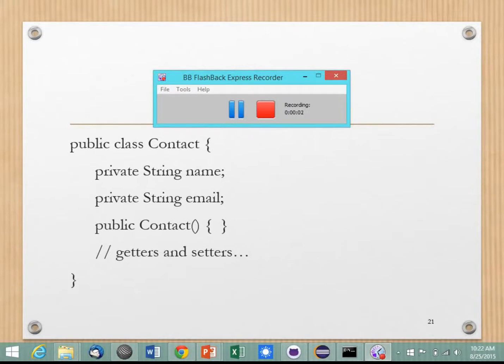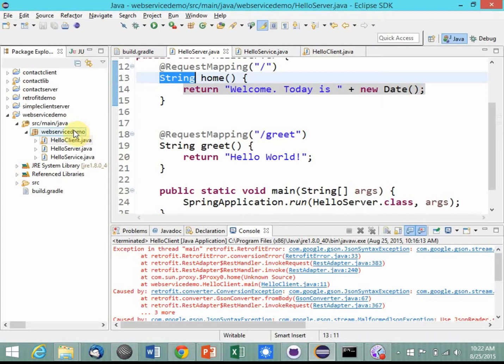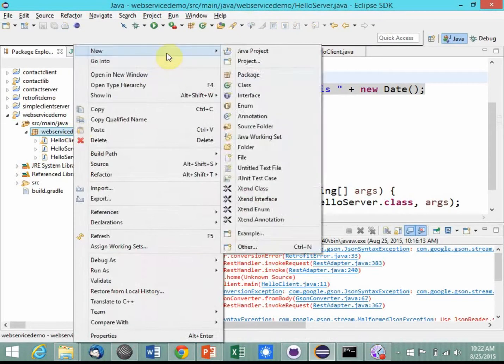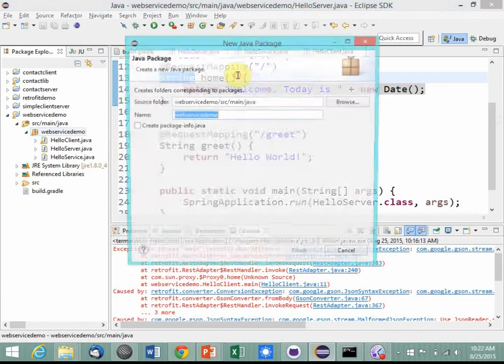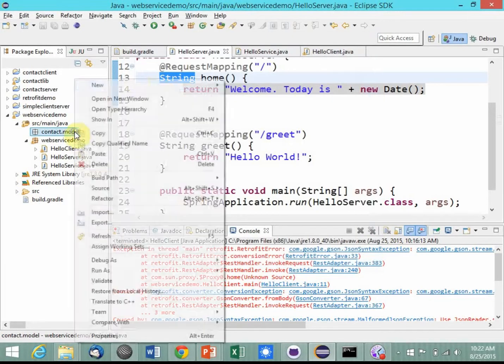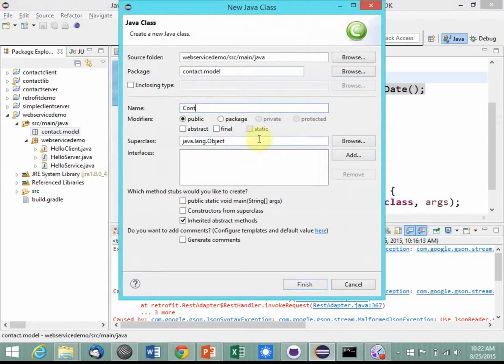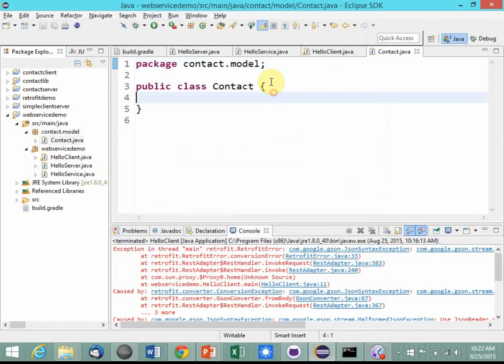We're now recording. We're going to create a contact manager, and I'm going to come in here and create a new class, and let's put this in a package. Let's have a proper package structure. So we'll have a contact model package, and in there we're going to create a new class called contact, and it's going to have a name